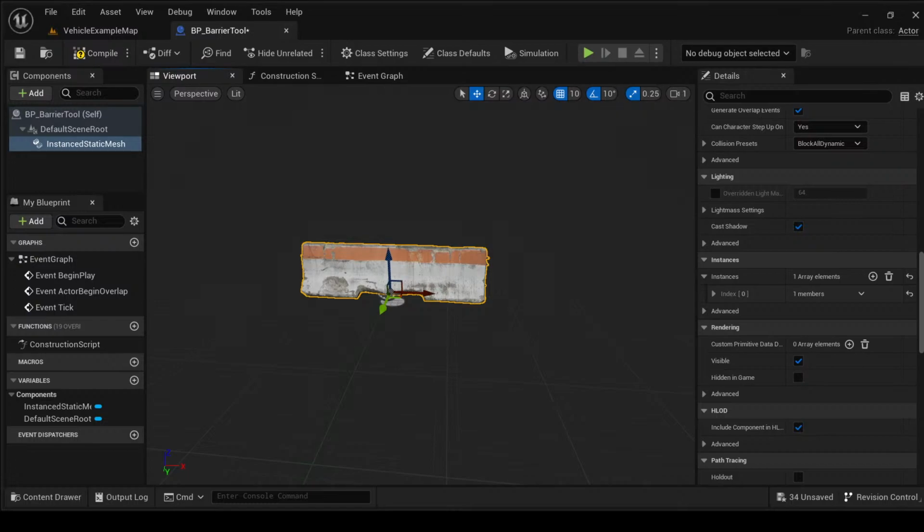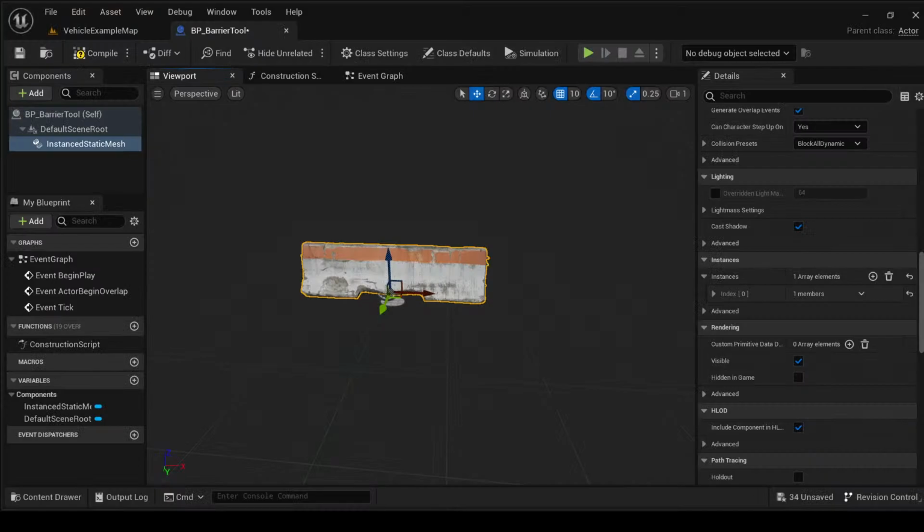Let's go back to the barrier tool, and we can close this static mesh editor. In this barrier tool, in the instance static mesh, I'm going to change the scale here. Remember, this one was 2. But keep in mind that if we change this static mesh for our other concrete barrier, then it won't match. So for now, let me just revert this, and